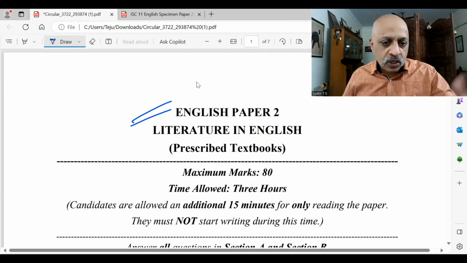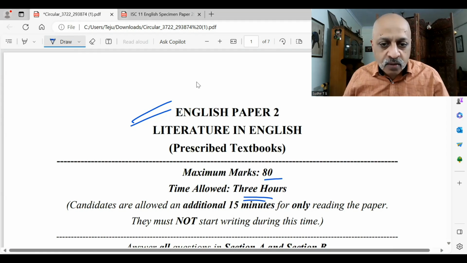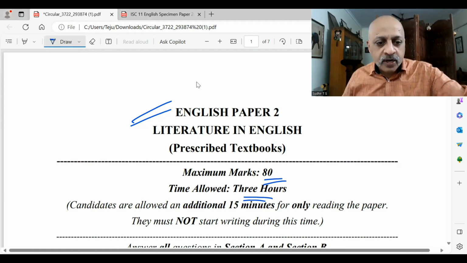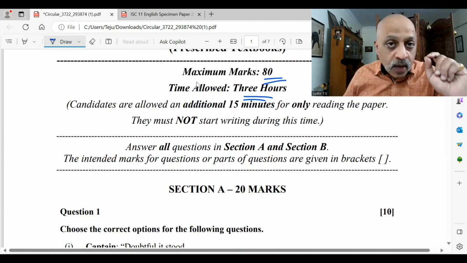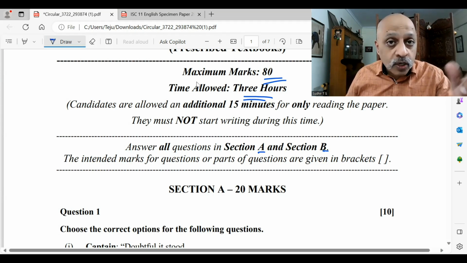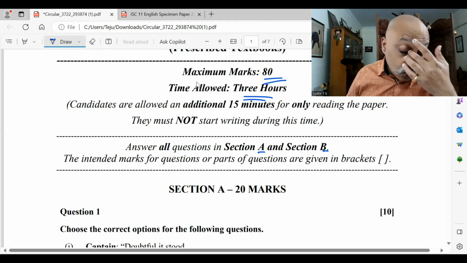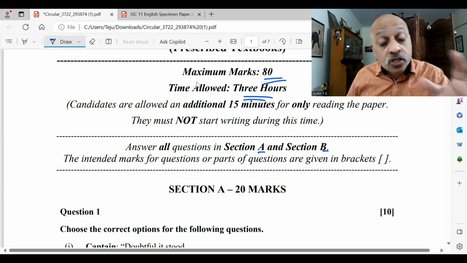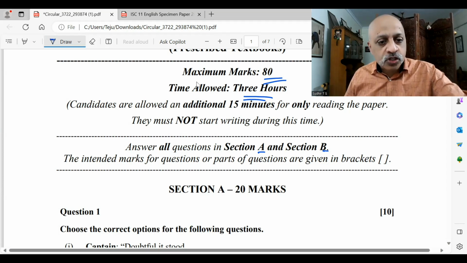Now, as you know, the usual drill, the time allowed is 3 hours, 80 marks question paper, the 15 minutes that you get before that. Now, understand the format of the question paper. There is a section A and there is a section B. And that's what is the section A is the MCQs. Then you have the reasoning questions, and then you have the long format questions. So let's go through the